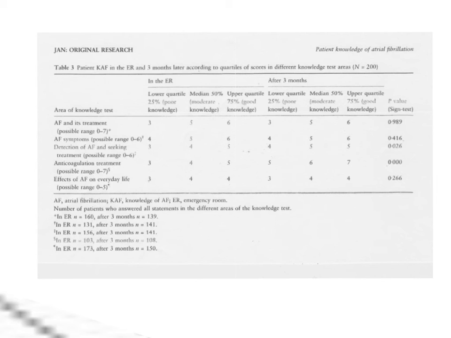The other was in anticoagulation treatment. The scores went from 3, 4, 5 at the ER visit to 5, 6, and 7 at the 3-month visit. The researchers found that this change was also significant with a p-value of 0.000. Just as an FYI, I wondered why they would assume there would be a change in patient knowledge, since